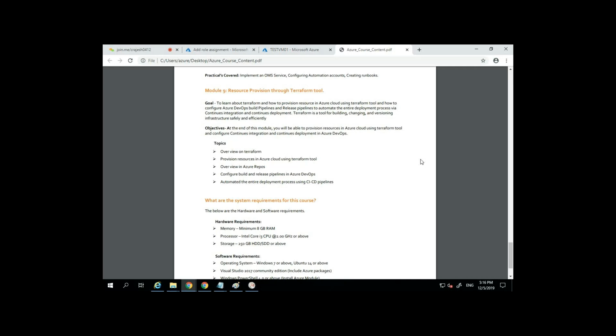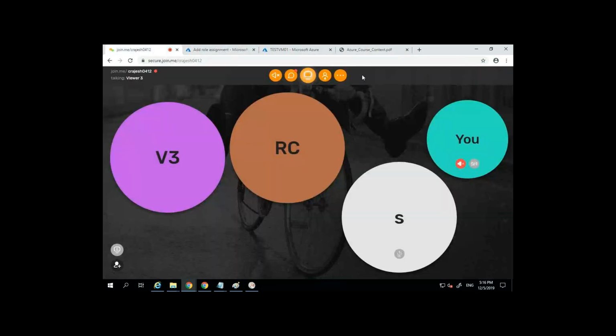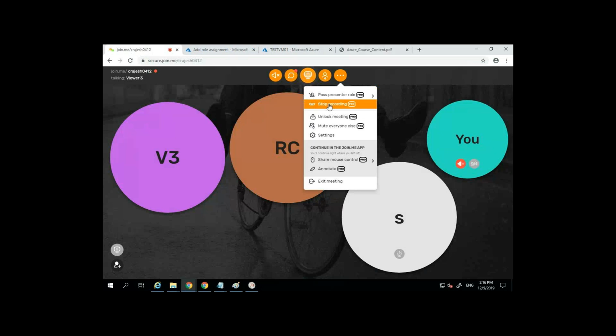Okay. So Rajesh, actually, by the end of this course, because we are planning to switch our profiles into the Azure area, we need to show some experience that